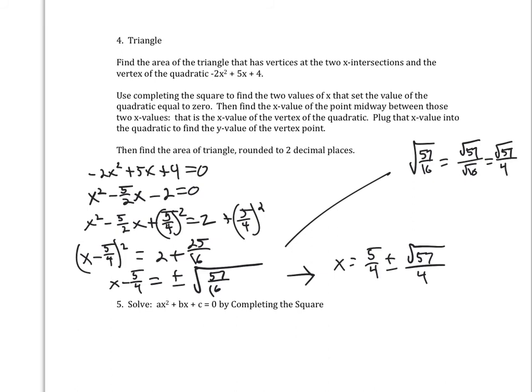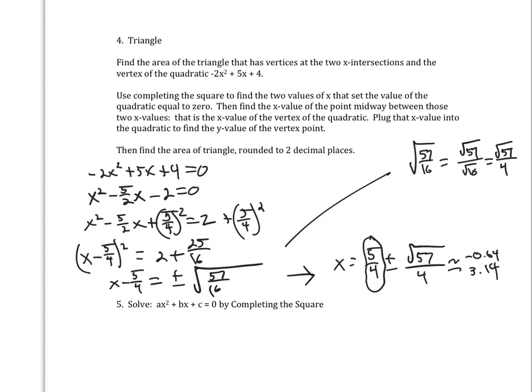Okay, so then, because we're trying to figure out an area, we need to actually convert these into decimal equivalents, approximations, and that's going to equal negative 0.64 and a positive 3.14. The x value of our vertex is going to be exactly 5/4, and then we're going to plug that in